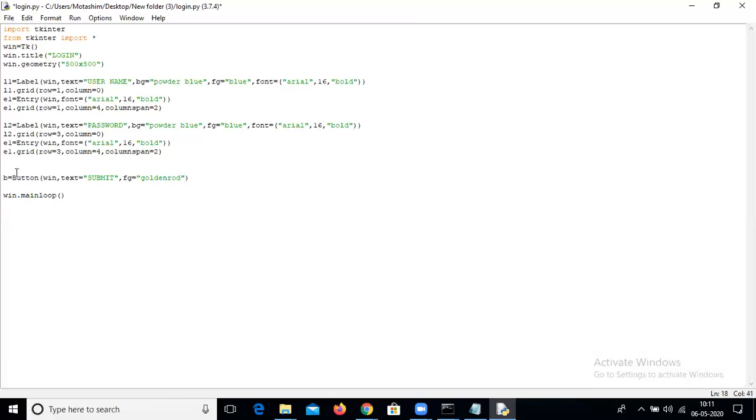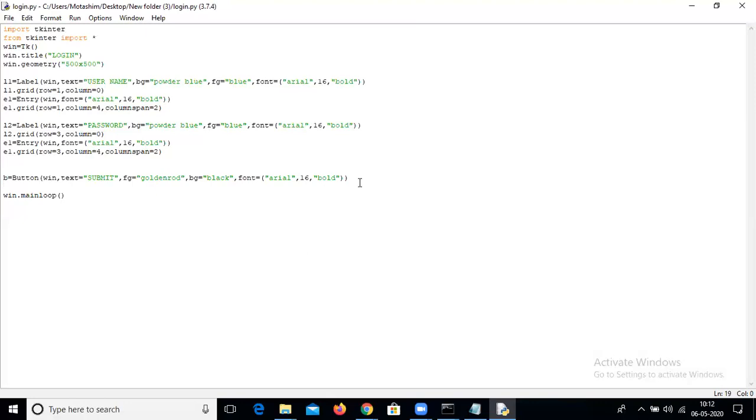Then background color. Suppose black. When you press the button, the background color will show black. After that, we need the font. What type of font do we need? The same font as earlier, which we saw earlier. Why should we write it again and make an extra burden? Control C. Paste it here. Okay, our button is created.